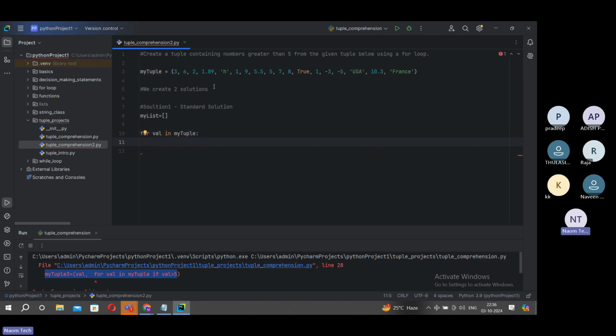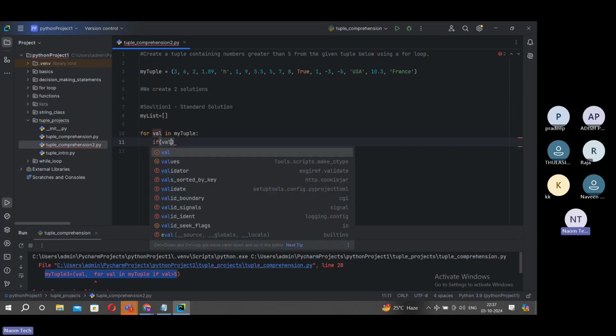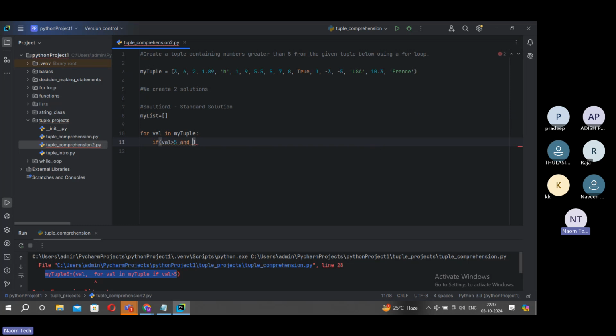Same process, but here I should do a little bit of validation. One condition check is if each value is greater than 5 or not. Second, if it is not numeric, you should exclude that. So if val greater than 5 and